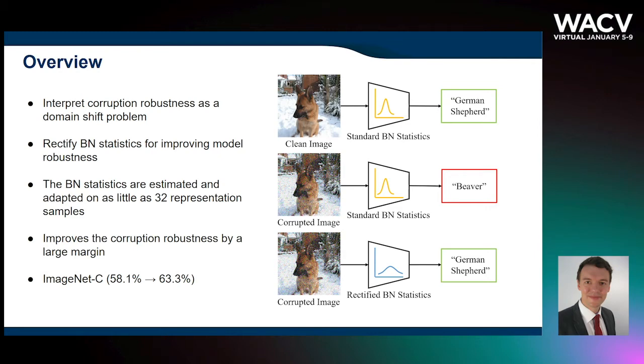For example, in the scenario of autonomous driving, weather conditions can change from day to day but tend to be consistent over a shorter time frame. Thus a system can capture a few unlabeled images as the samples to represent the new weather after a significant change in the conditions. On ImageNet-C, statistics adaptation improves the top 1 accuracy of ResNet 50 from 39.2% to 48.7%. Moreover, we find that this technique can further improve state-of-the-art robust models from 58.1% to 63.3%.